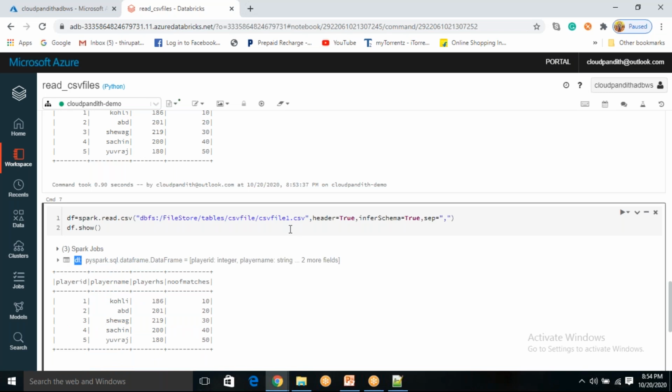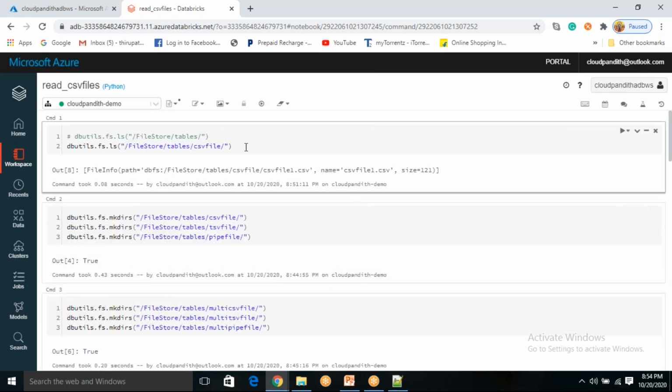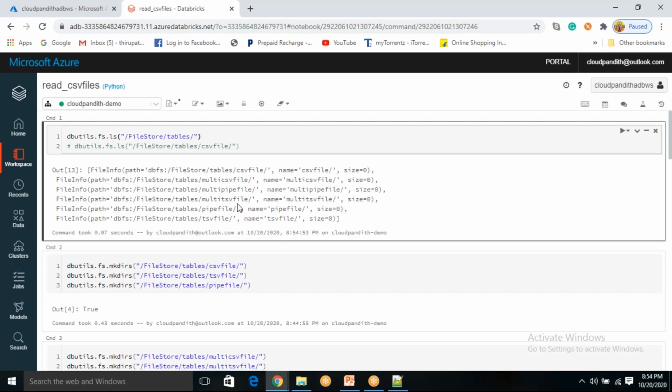So this is how you need to read a single CSV file. Now we will see how to read multiple CSV files. Let's list down all the content which we have under tables. See, under tables, I have a multi CSV file folder.